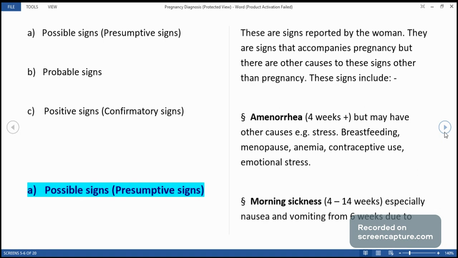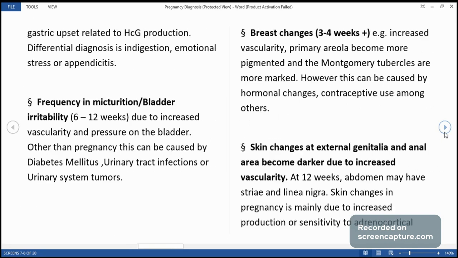So amenorrhea, 4 weeks plus, but may have other causes like stress, breastfeeding, menopause, anemia, contraceptive use, emotional stress. All those can result in a missed period. But then it is under possible signs of pregnancy. Morning sickness, still under possible signs. So up to 4 to 14 weeks, especially nausea and vomiting from 6 weeks due to gastric upset related to